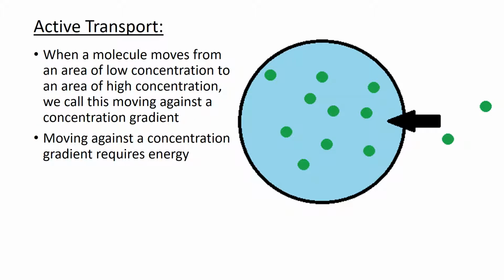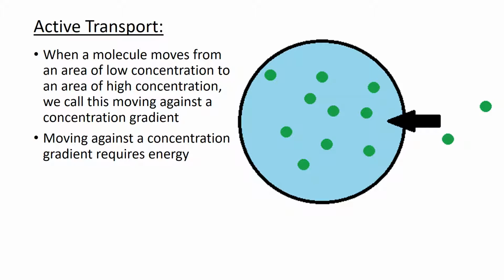In diffusion, the cell does not have to use any energy to help the substance move across the cell membrane. But in active transport, the cell does have to use energy. Well, why? One reason the cell may have to use energy to move a substance across its membrane would be that the substance was moving against a concentration gradient as opposed to moving along a concentration gradient